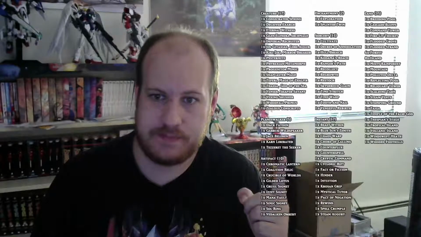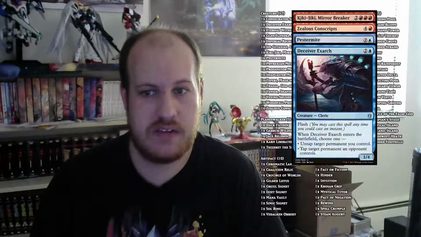In my last video, I brought up how my original build for Riku of Two Reflections was changed because infinite combos are incredibly boring and not really very fun to play against. So that raises the question of what was the original build like? Well, this. As you can see, here's Kiki-Jiki, Mirror Breaker and his accompanying pieces, Zealous Conscripts, Pestermite, Deceiver Exarch, and